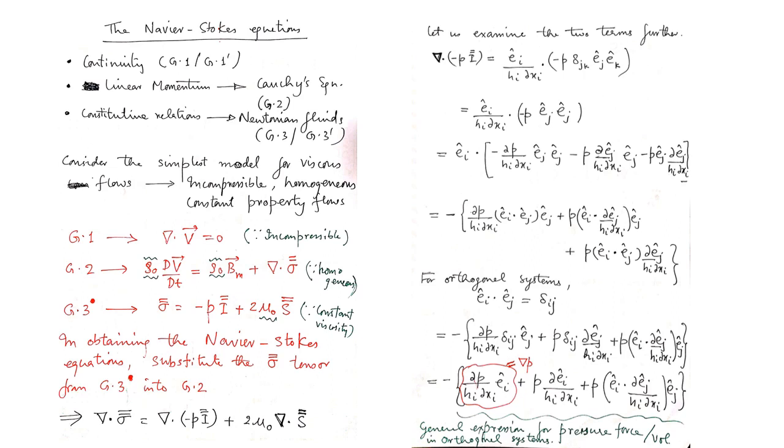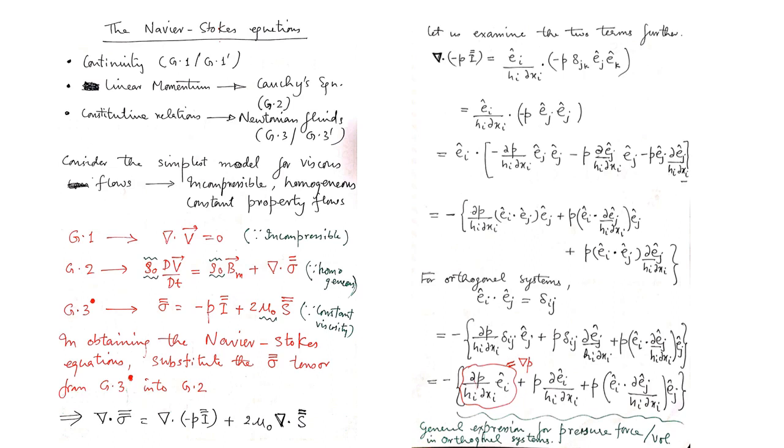So you can move forwards now, and since delta jk is only going to contribute whenever k is equal to j, the term can be simplified in the manner shown below, and then finally you get, by operating this, 1 over hi del over del xi on the three quantities minus p and ej cap and ej cap. So I get three distinct sort of terms, you can say, which are involved in the dot product with ei cap, and finally the ei cap is taken inside for the dot product. So I have these three terms.